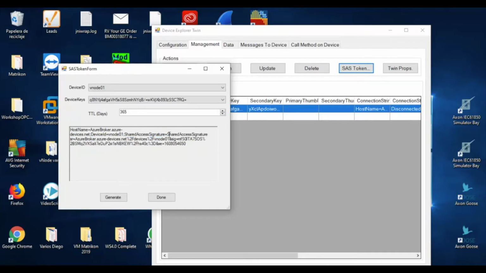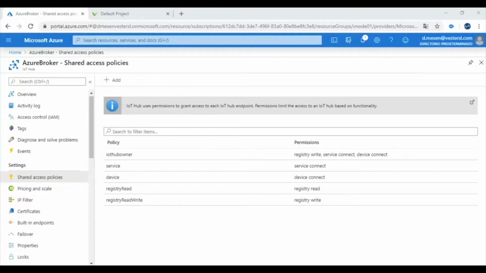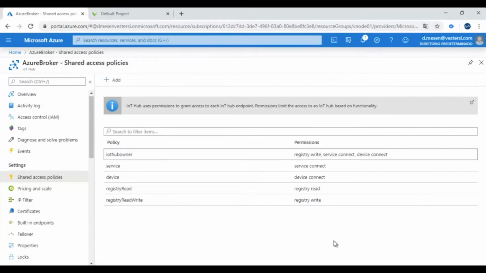After that, there's another share access signature. Under the second share access signature, you can select it and copy this one. Okay, just copy, and this will be useful for the password of your SAS token. Now that we have the password of our SAS token, which I already copied, we need